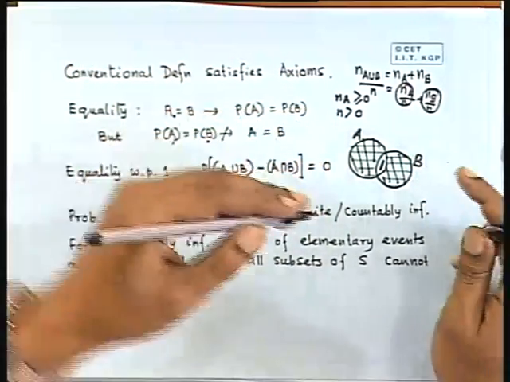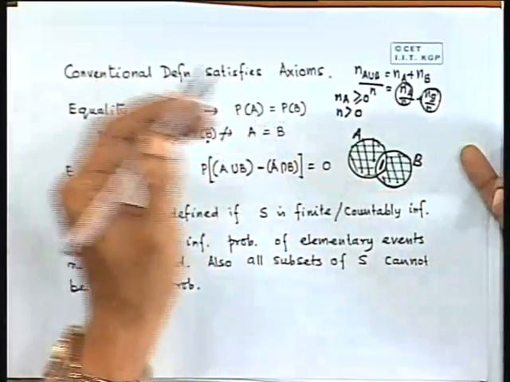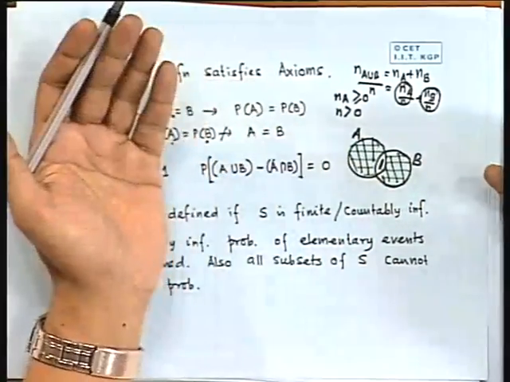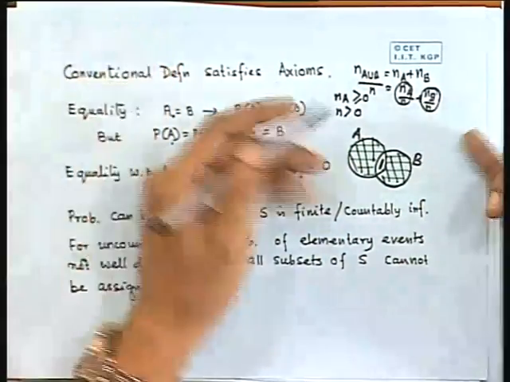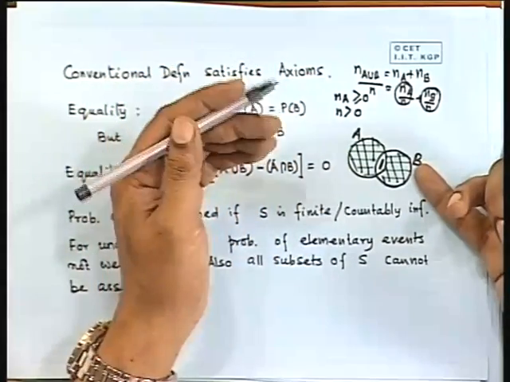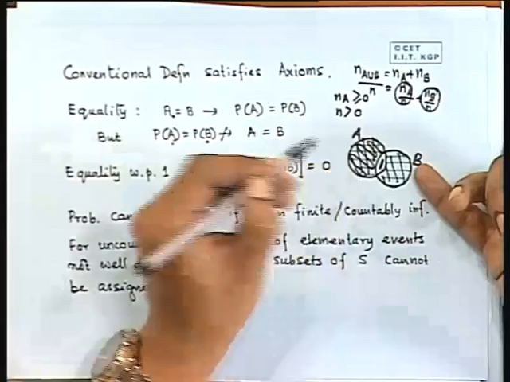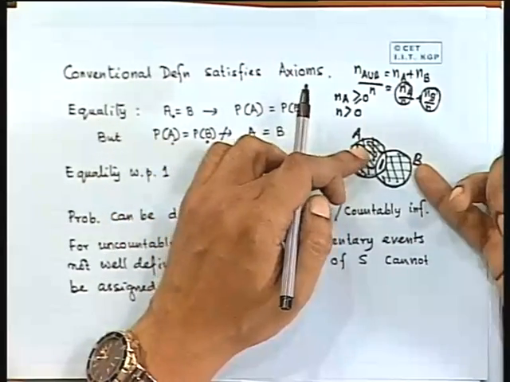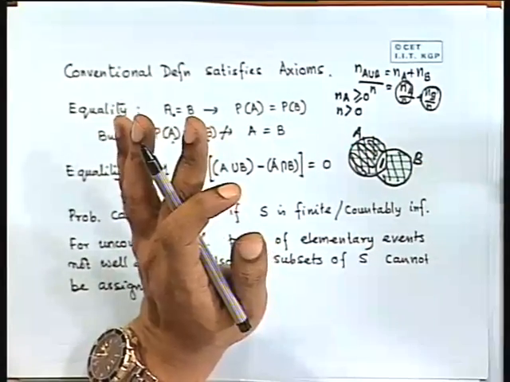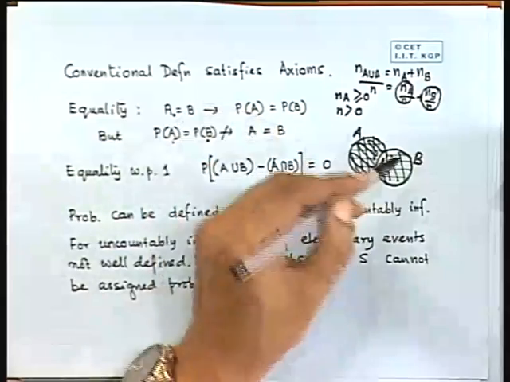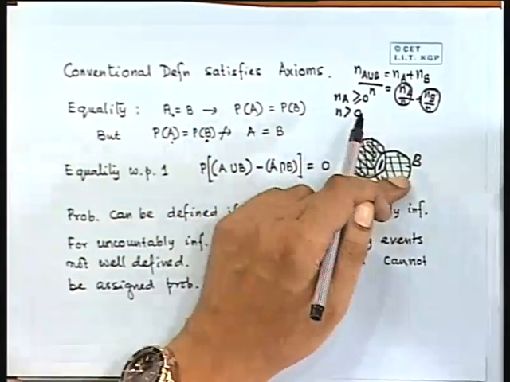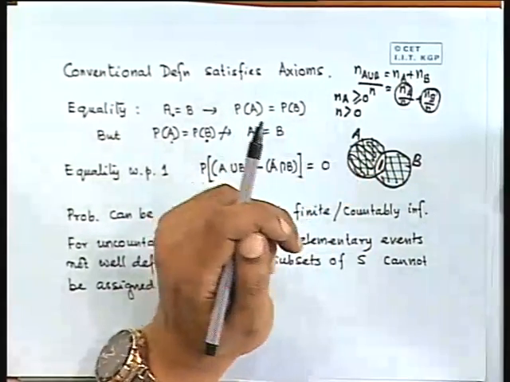So if these events cannot occur, as far as probability is concerned, the set A and B are equal. Are you following? What I am saying is that A and B obviously are different sets, as they look, they are not the same. So how are they different? They are different in this part, because these are the elements which occur in A but do not occur in B. Similarly, these are the elements which occur in B but do not occur in A.